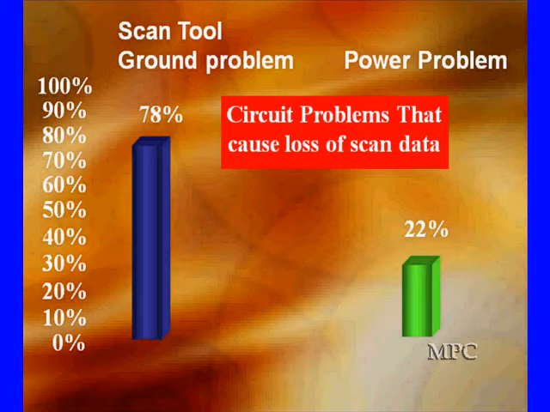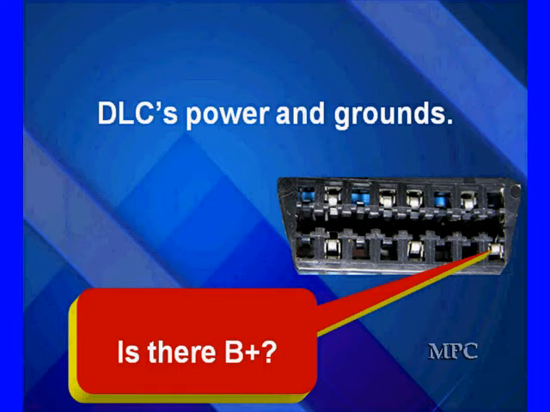And remember, circuit problems that cause a loss of scan data, ground is almost 80%. Power is the other part. Now, that's a circuit problem with this. Is there B plus here? Get it down to basics. Don't assume your scan tool has a problem just because it won't work on this car